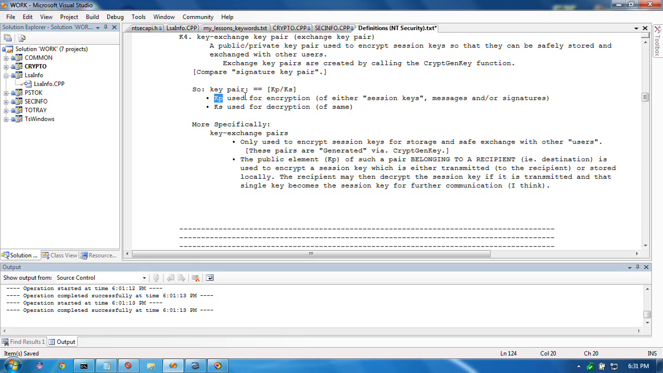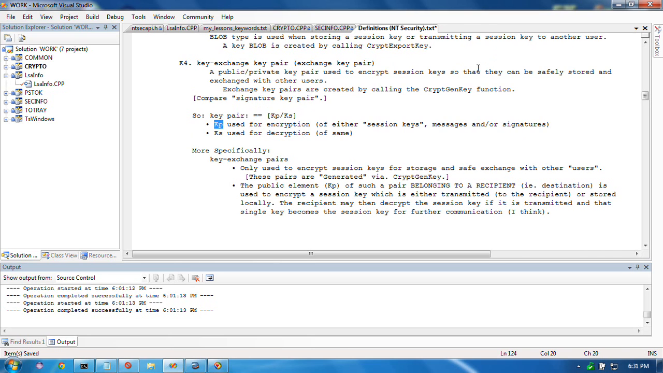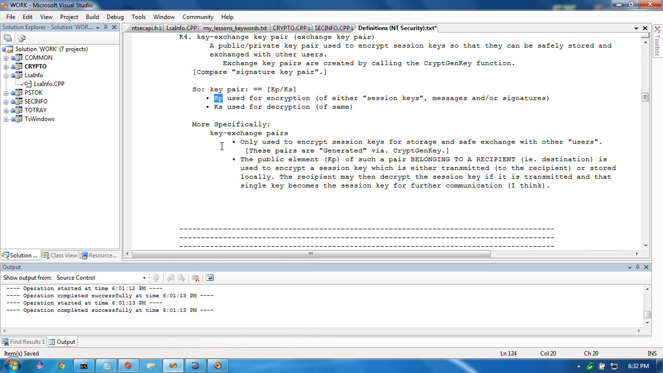Now, more specifically, maybe we should jump back to the other one first. Well, let's see. I wrote this down. So, a key exchange pair is only used to encrypt session keys for storage and safe exchange with other users. And those pairs are generated using this. The public element of such a pair